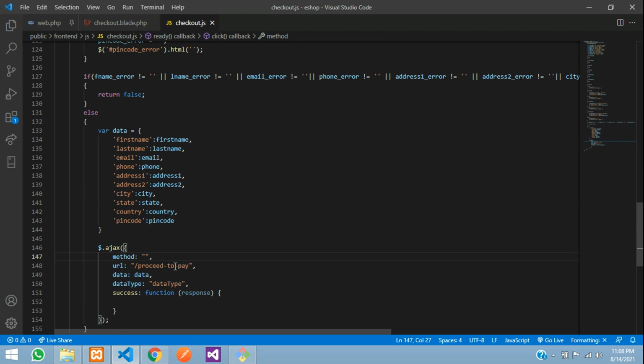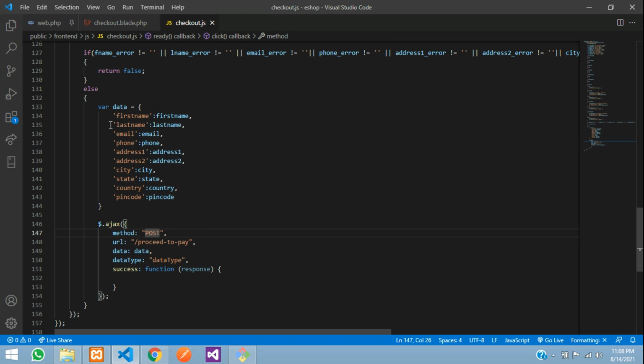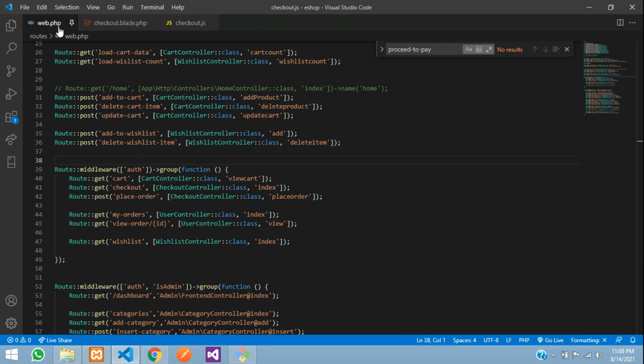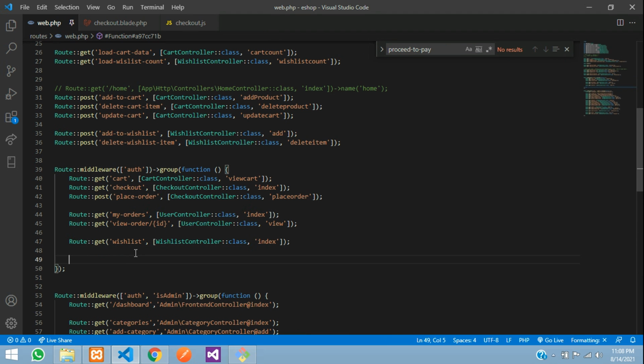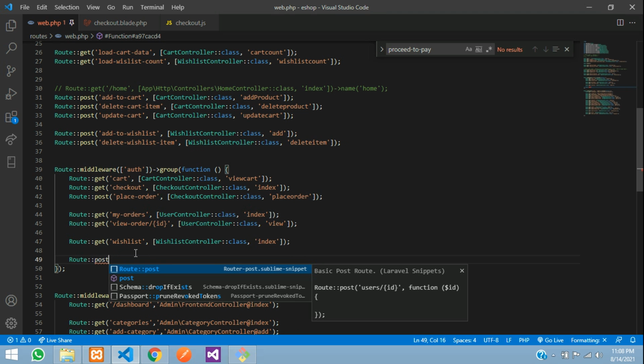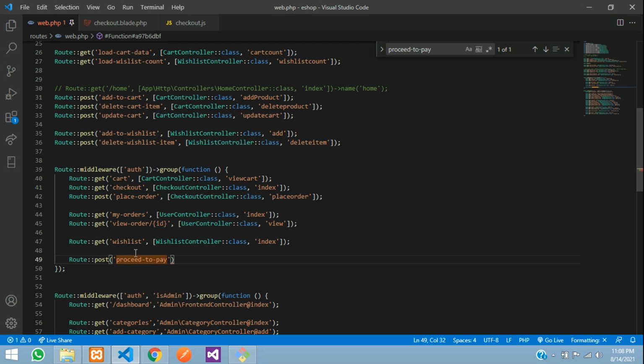So the method is going to be post method, and the data we have given it over here, and no data type, we don't require that. So let us create a URL first, copy that and go to your web.php. Inside the authentication middleware, I'm going to paste that route, that was a post method, right? So say post of proceed-to-pay, and we are going to use the checkout controller